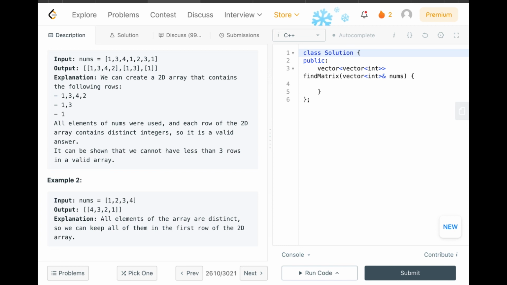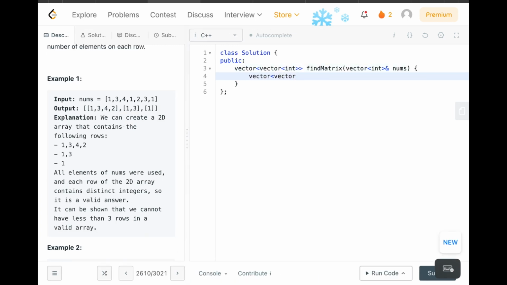So what we will do, we will first have an answer array, a vector of vector. Let us try to resize the window so it is clear. So we have a vector of int for the answer, and initially we will set the size to 1 because at least it will have 1 row, right? Now, as I said, we will sort the nums array, nums dot begin, and then